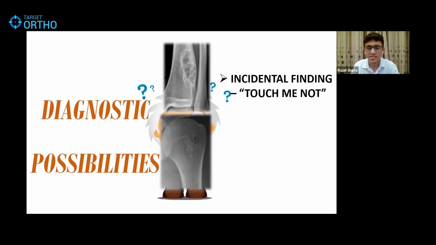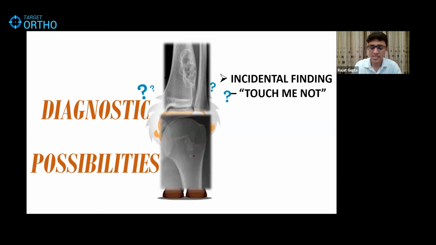Anyways, what's this X-ray here? Anyone? We can see some calcifications here. Yes, please. Bone islands, sir. Well, okay, it could be a bone island, it could be a chondroid tumor, an enchondroma. So all these are differentials. Even if you say bone island, you are not wrong, but this is more of a calcification. It looks more like an enchondroma, but yes, bone island is a differential of enchondroma, so you're not wrong that way.